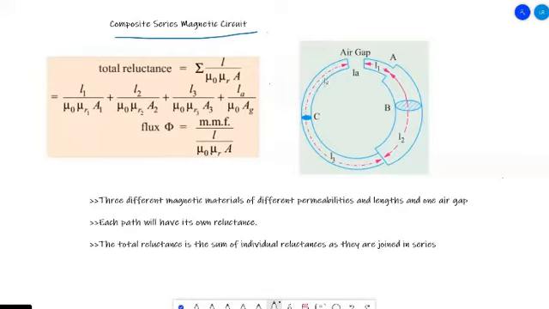So how do we calculate the reluctance? We know that the expression for reluctance, which is analogous to resistance in the electrical network, is L divided by mu naught mu R into A. This is the general formula for reluctance. You will have to find the reluctance for the individual sections and then add up, as you see here. In the case of air, mu R is equal to 1, so therefore mu is equal to mu naught. In all the other cases, the relative permeability mu R should be taken into consideration.